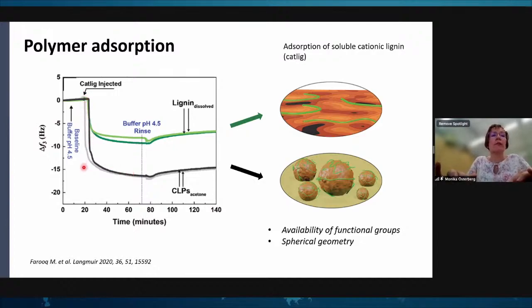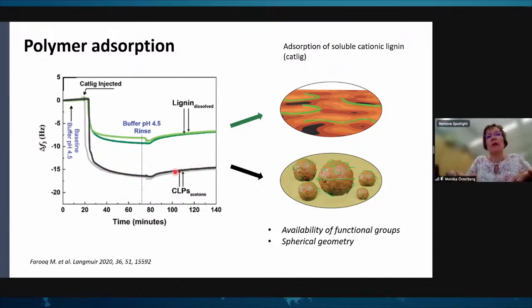So the larger the decrease, the higher the adsorbed mass is. And we can see here a clear difference that more of this soluble cationic lignin is adsorbed to the CLPs compared to lignin, but it adsorbs to both surfaces. So indeed, this cationic lignin is interacting with the